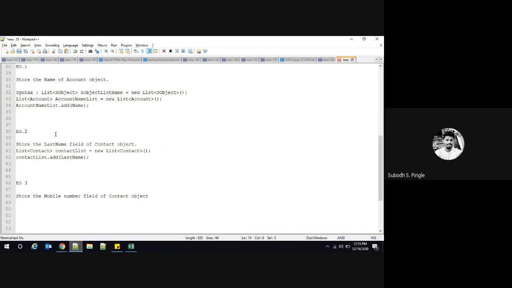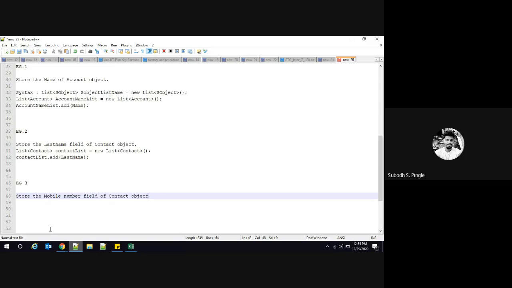Sometime or other, some condition will come in your code, on the basis of which, whenever it tries to fetch a duplicate mobile number, your code will fail, and you will not come to know initially. You will not understand it right now, but whenever you face the error messages in the future, you will realize, oh no, that was the issue. We may have stored the value in the sets and not the list. Hence, knowing the concept is very important. So I want to store the mobile number field of the contact object, so I need to use the sets, but we have not seen the